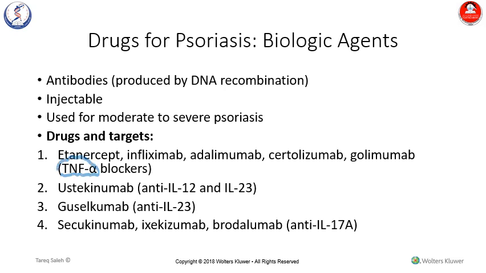Ustekinumab is a selective anti-interleukin 12 and anti-interleukin 23 antibody, and both these cytokines, both these interleukins, are involved in the pathogenesis of psoriasis. So targeting them with specific or selective antibodies has been shown to reduce the severity of the disease. Guselkumab is an anti-IL-23 antibody that also has been shown to have an effect in the treatment of psoriasis, and so on and